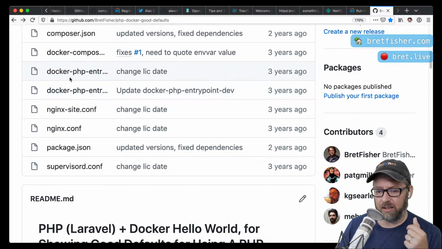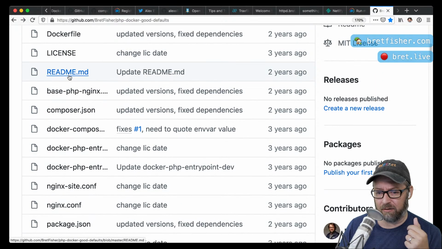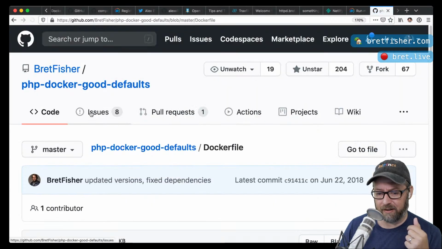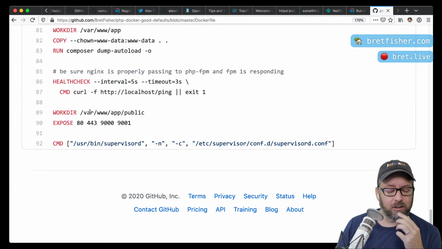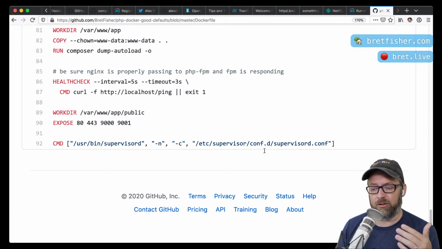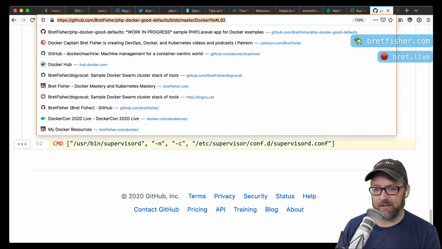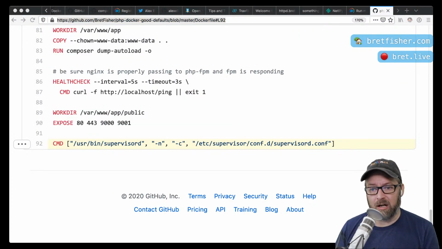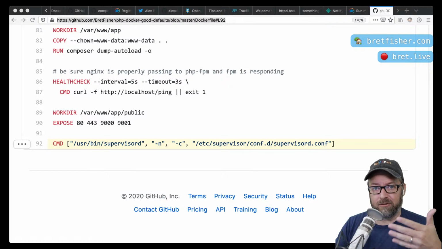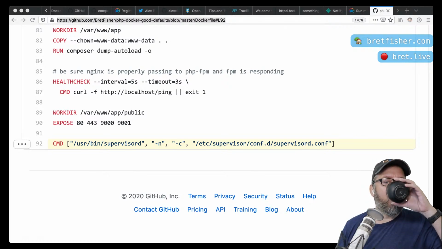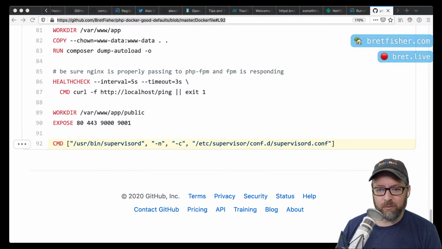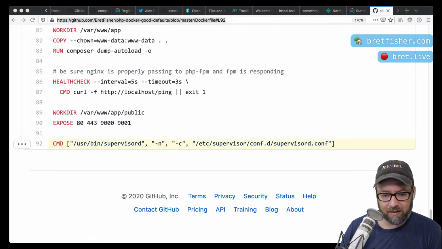Now, if I go to the Dockerfile, if you look at the bottom of the Dockerfile, it's spinning up supervisor. That's all it's doing. So all the other apps that are in there will be using the supervisor config file. So line 92 will tell supervisor, hey, spin up. Don't run it in the background, run it in the foreground so that it stays running as my Docker command, and then use this config file that I'm giving you in the actual image. All right, and with that, I think we've got all the questions.